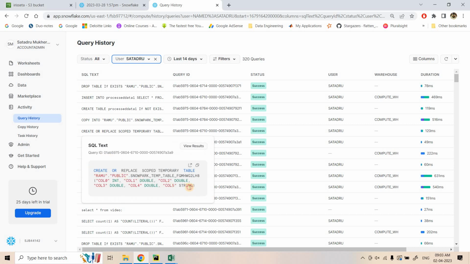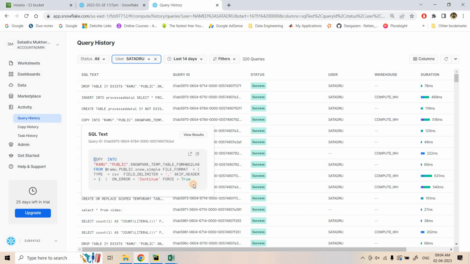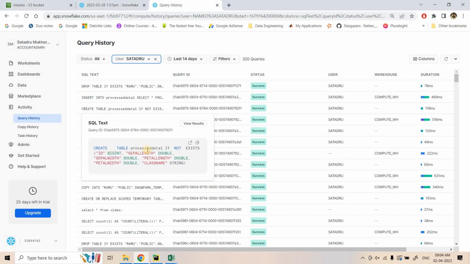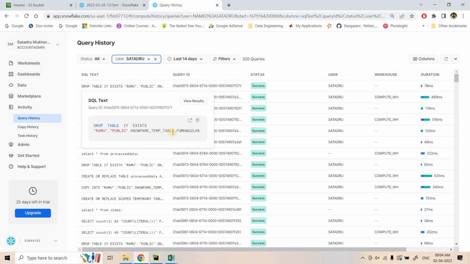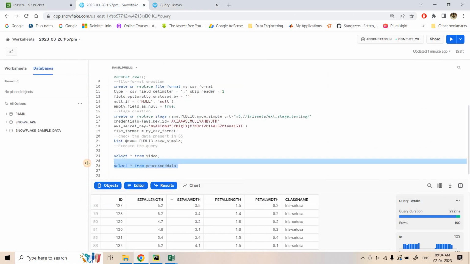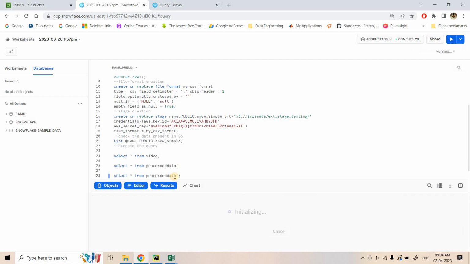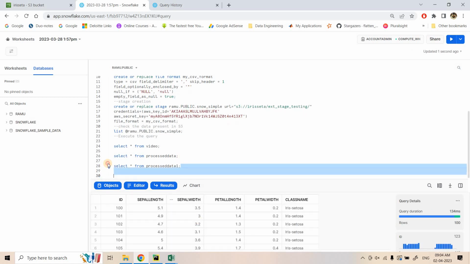So now first it is creating the temporary table to read the data from the external stage. Then it is executing the copy into command. Then here it is creating the process data 1 table, which is basically our destination. Then it is inserting the data from our temporary table to our process data 1 table. And then finally it is dropping the temporary table that it has created. Okay, here you can check the process data result set you will be getting. If I execute select star here, or maybe select count star,